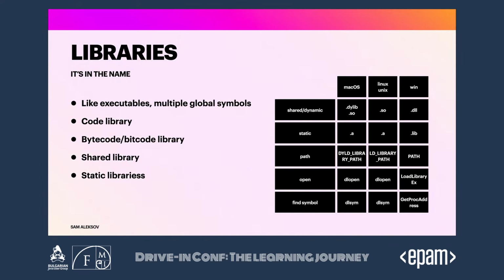About the formats, on macOS we have shared libraries or dynamic libraries, which are kind of interchangeable. We have .dylib and .so. On Linux and Unixes, it's .so, and I'm sure that you saw DLLs on Windows at some point or another. Static libraries are in the format of .a for POSIX systems like macOS, Linux, and Unix, and .lib for Windows. And there are environment variables that you can change on every system to point it to the right place to load these libraries.